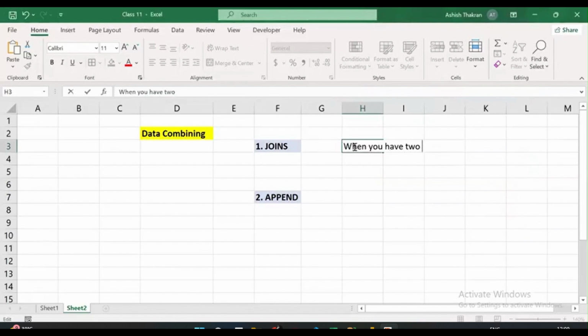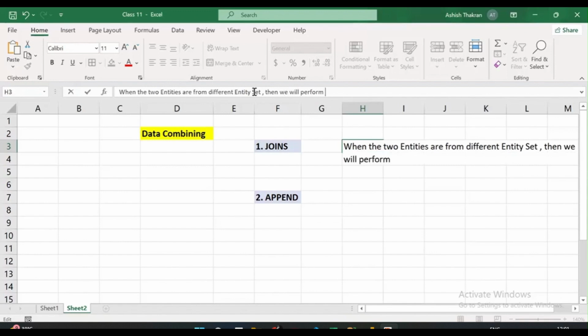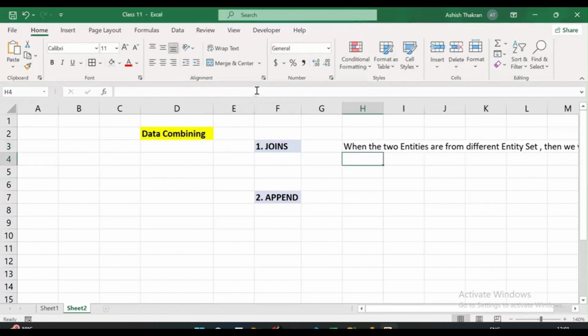So again, the definition is: when you have two different entities, or I should say when the entities are from different entity sets, then we'll perform a join, ठीक है। When the two entities are from different entity sets, then we will perform a join, ठीक है।